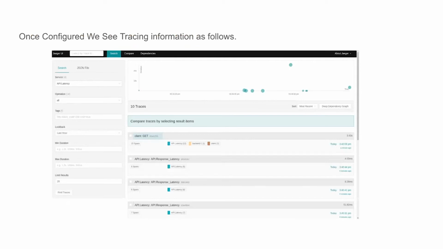If you could see, these are the information that got captured in Jaeger. In the first one, you can see the API latency. That was the WSO2 API Manager service in Jaeger, and the backend, which is the one invoked by the API Manager, and the client who invoked the WSO2 API Manager. So if you drill down that first one,